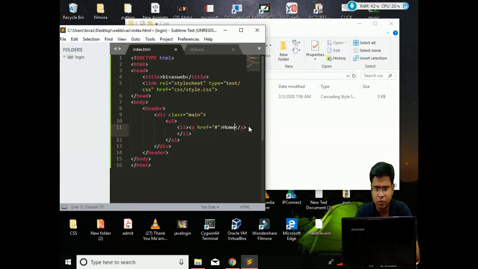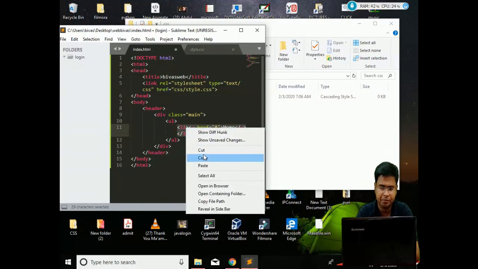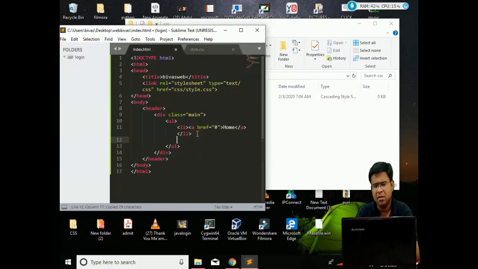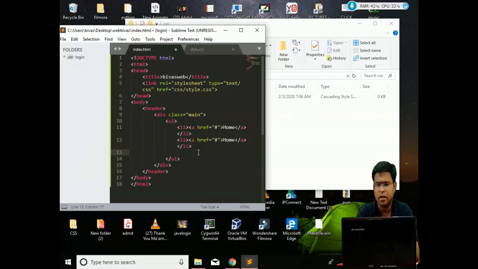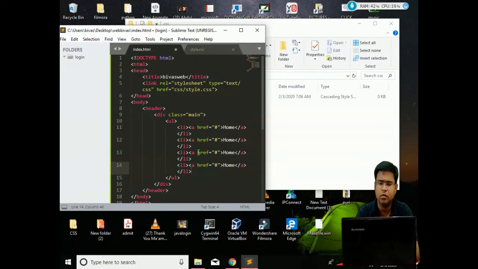All I do is copy this portion, come to the next line, and paste this one. The number of navigation links I require, I have to copy that many times. Suppose my first link is going to be home, then about us, then contact us. You have to be very clear how many things you need to incorporate in your website.